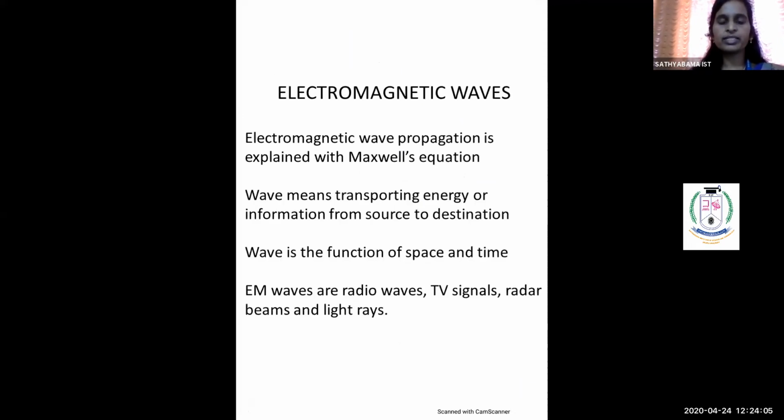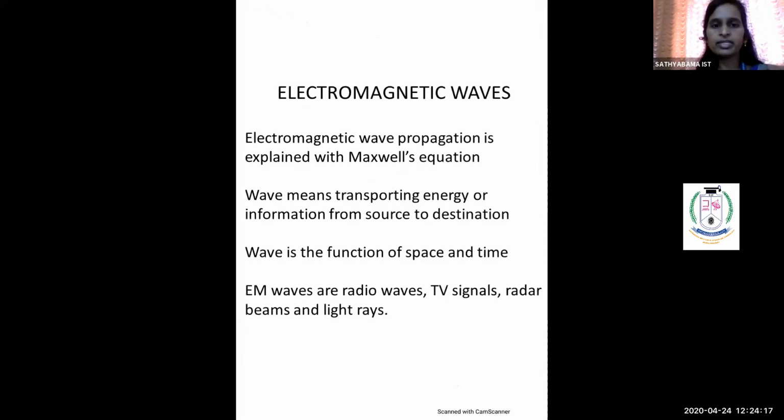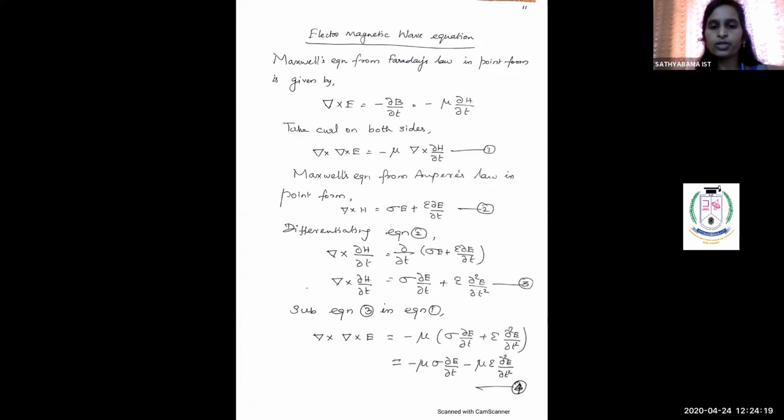Next, we are going to take the Maxwell's equation from Ampere's circuital law. That is del cross H is equal to sigma E plus dou D by dou T. You can find that in differential form. So take that equation. Now see your second equation, it is the same as what we have seen previously. That is the Maxwell's equation from Ampere's law in point form.